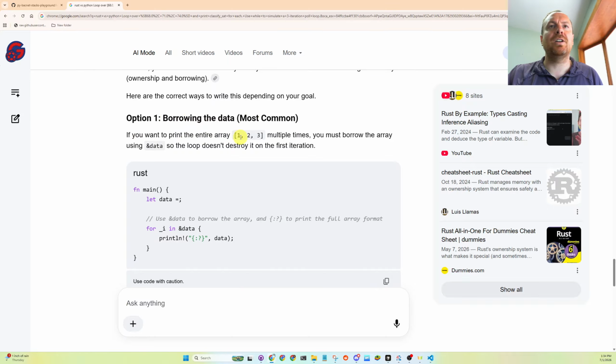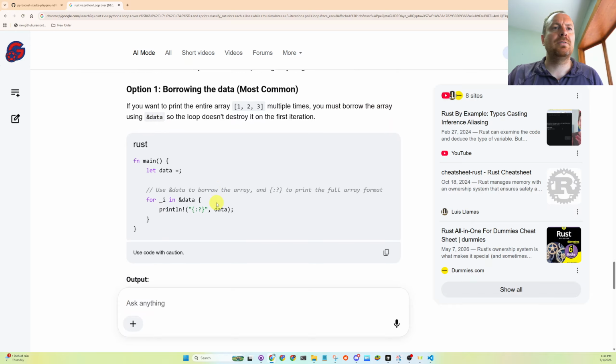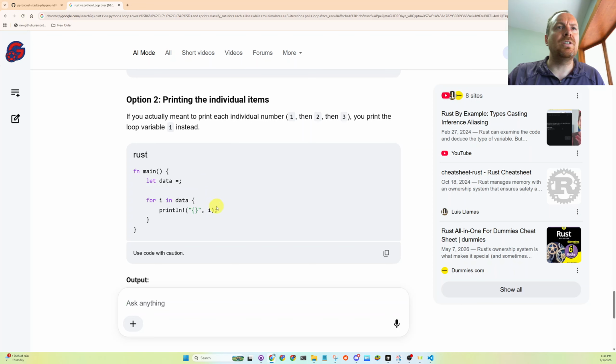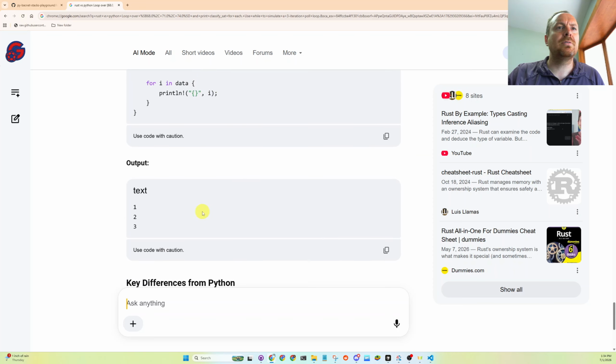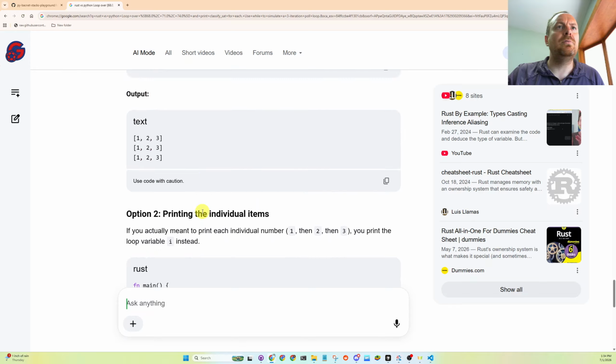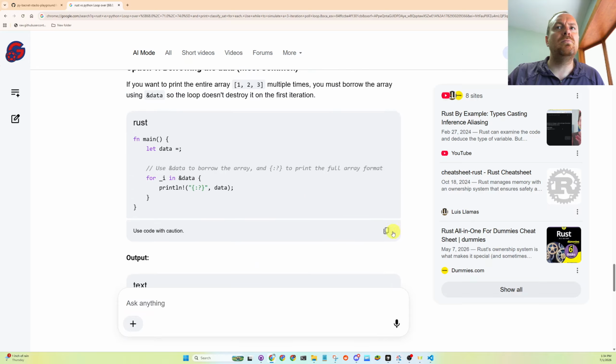If you want to print the entire array multiple times, you must borrow the array from data. Option 2, printing individual items. Asking us what is the entire code base? Where is data 1, 2, 3 defined in the